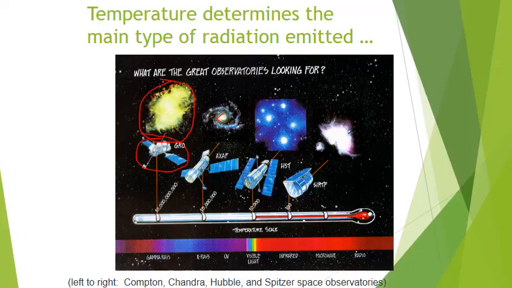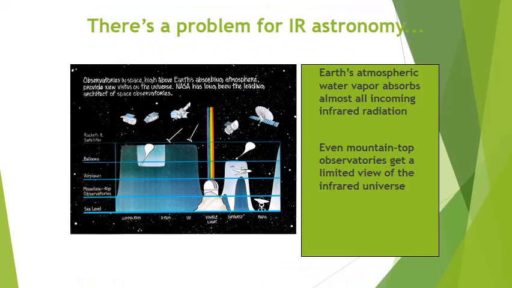If you're looking at the active center of a galaxy, which is also quite energetic, you're going to be looking at something that's producing a lot of X-rays, and therefore you'd use an X-ray telescope. If you're looking at just normal stars, they tend to peak in the visible end of the spectrum, and therefore you would use something like the Hubble Space Telescope. If you're looking at clouds of gas and dust out in space, relatively cool objects, they're going to be producing mostly infrared or even radio wavelengths, and therefore you might use an infrared telescope for those types of objects.